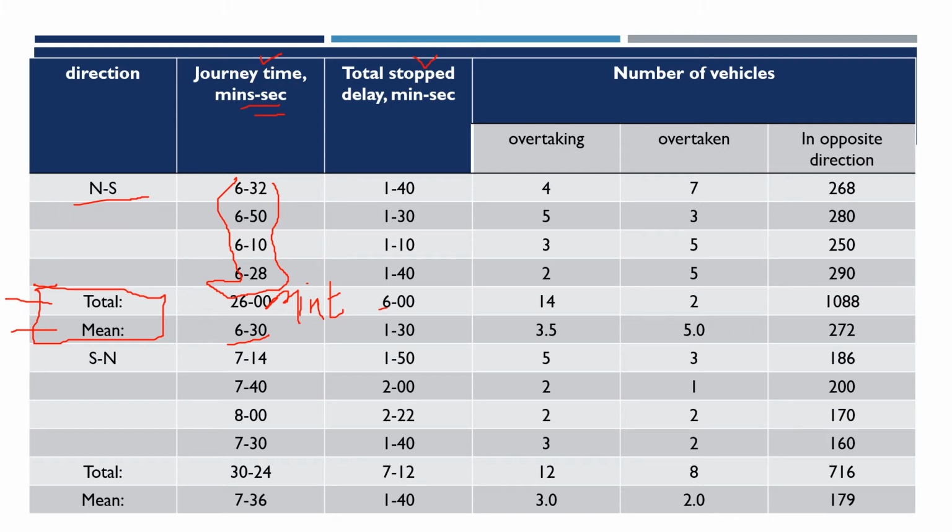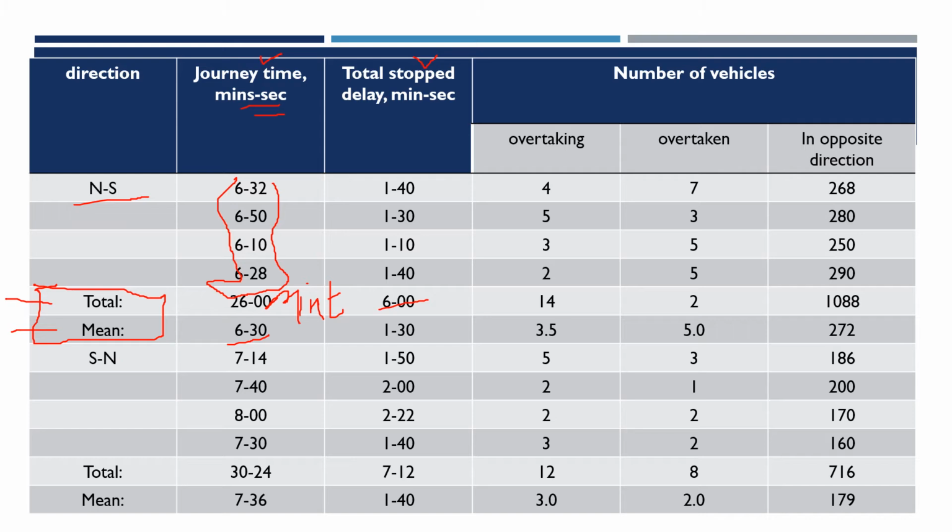Similarly here in the second case, that means the delay, it is 6 minutes delay, and when you are averaging it, it is 1 minute 30 seconds, or you can take it as 1.5 minutes. But when you are substituting in the equation, it should be in terms of a single unit. That means it should be in minutes, or in hours, or whichever unit you are considering. So accordingly you need to take care of your magnitude.